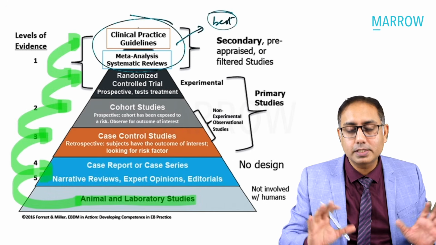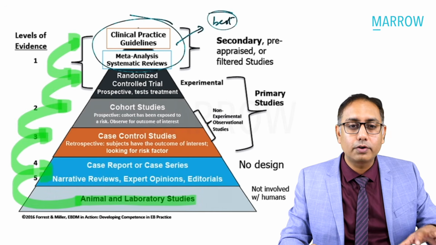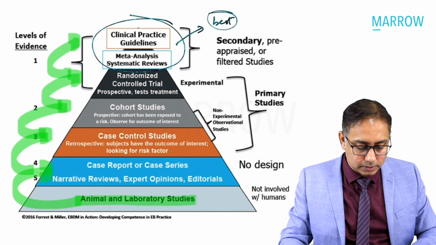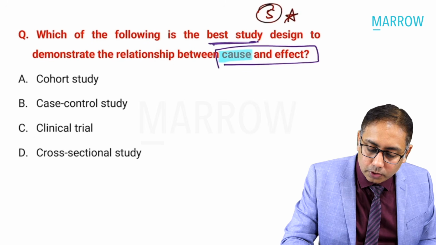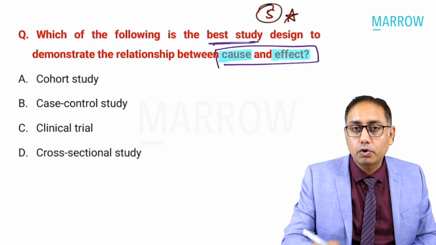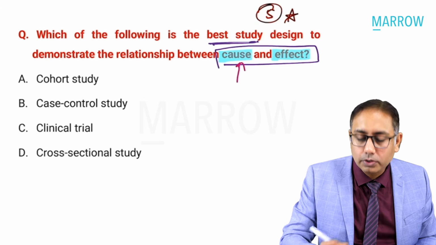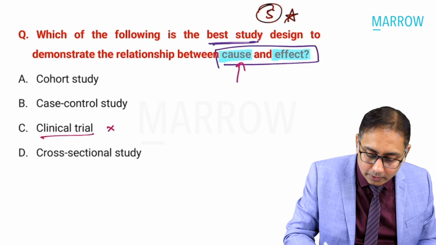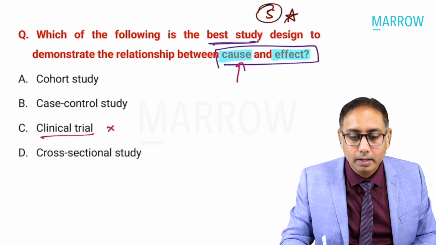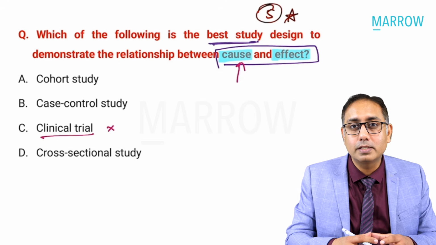I told you that the best study design to ascertain the effect of anything is meta-analysis. So now meta-analysis is not there. So now the question is talking about the cause and the effect. Cause means any natural cause, this question is talking. So you cannot answer a clinical trial, it would be a wrong answer over here, because you're not trying to assess